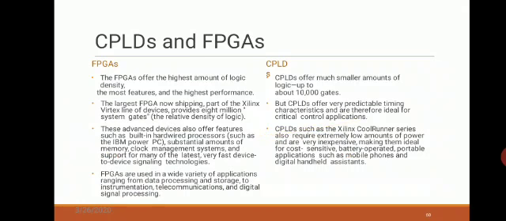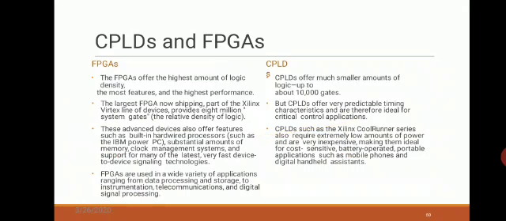But CPLDs offer very predictable timing and characteristics, and are therefore ideal for critical control applications. In the case of FPGAs, these advanced devices also offer features such as built-in hardware processors, a substantial amount of memory, clock management systems, and support of many of the latest very fast device-to-device signaling technologies.